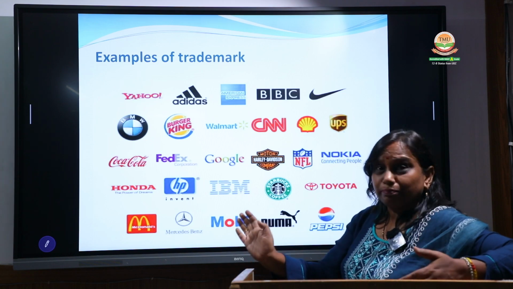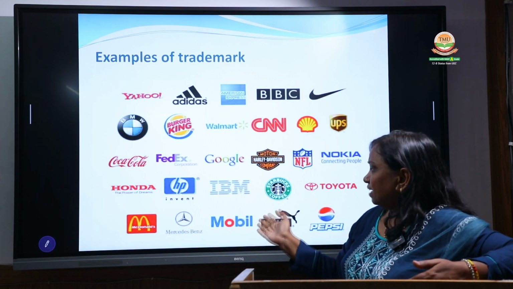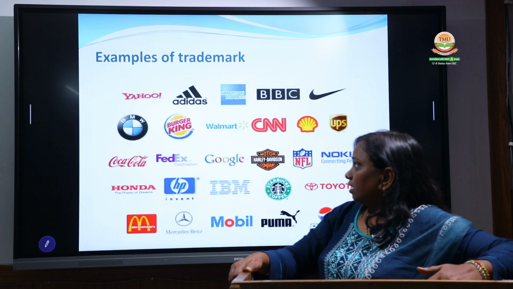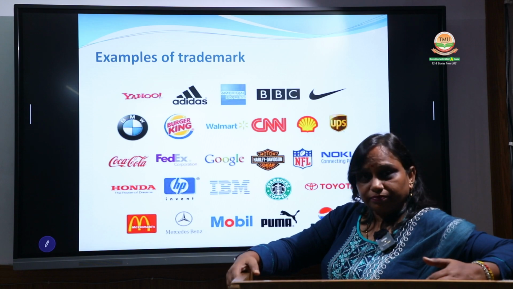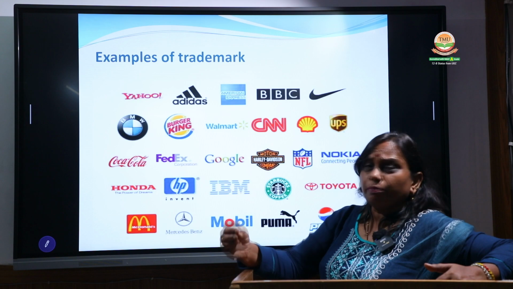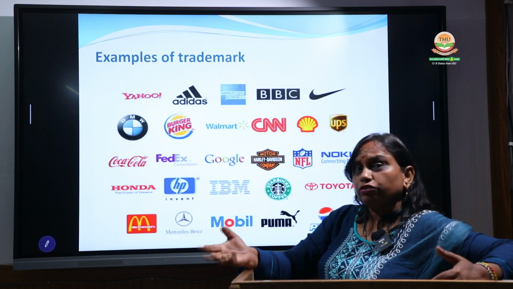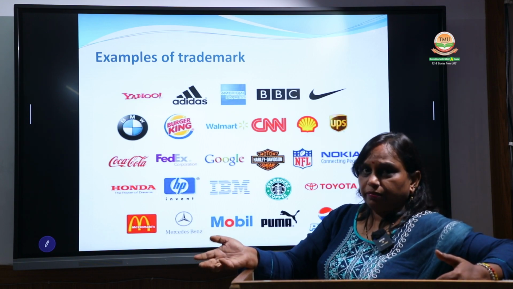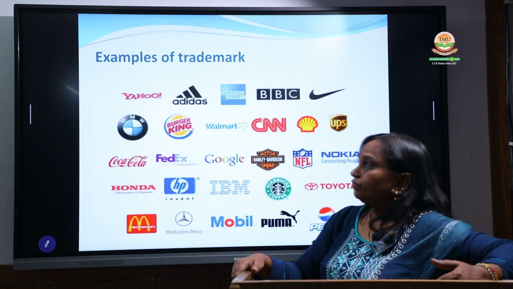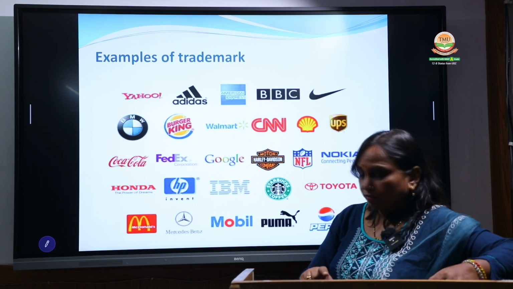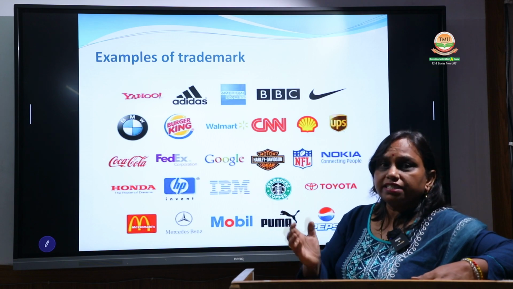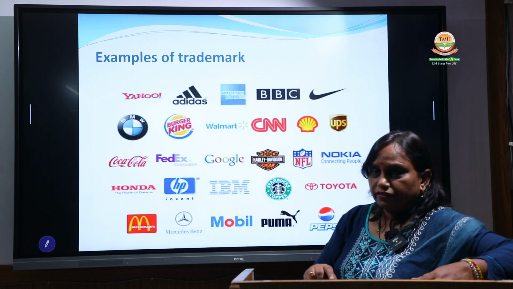Then certain symbols you can see. Toyota, name of the company. Pepsi, Mobil. FedEx, name of a logistic company. Burger King, that is the burger. Walmart. So here you can see a combination of products belonging to different sectors, belonging to different companies. So all these are examples of trademark. By looking at these marks, you can easily connect, you can easily associate the goods and services of that particular company.